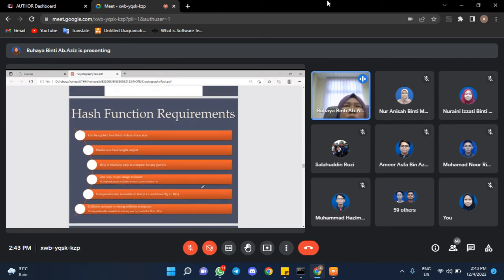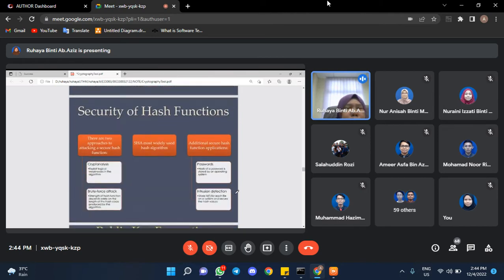I think some of you already know, ada yang dah masa you propose title tu, ada yang dah cakap kumpulan siapa, kumpulan satu rasanya, Basiman, Zinian, they already said that they want to use MD5. MD5 is one example of hash functions that you can use to encrypt the message.